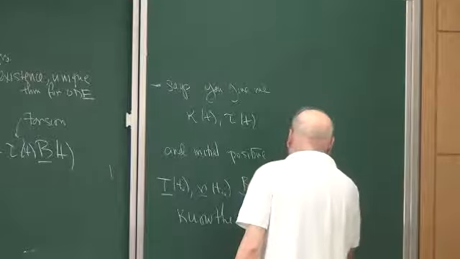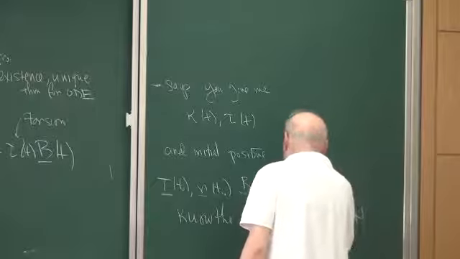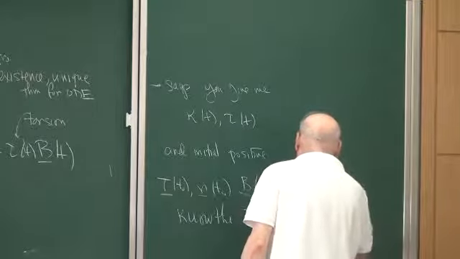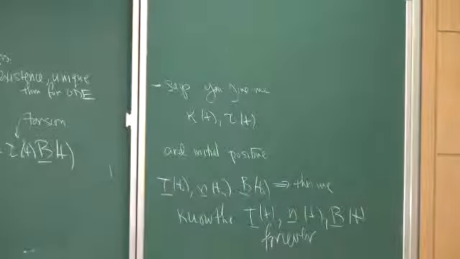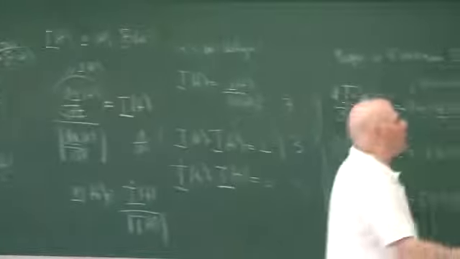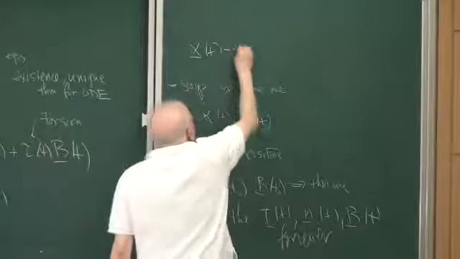P of t, n of t, b of t forever. Right? As long as you give me this stuff. Okay? If you don't give it to me for all t, then I know it for small t. Okay, but then if I know T of t forever, then dx dt is known. So just integrate. Since if I know T of t, then x of t is just whatever its initial position